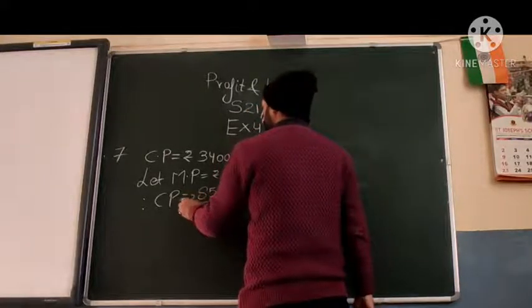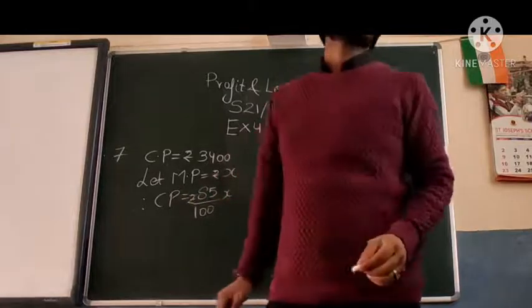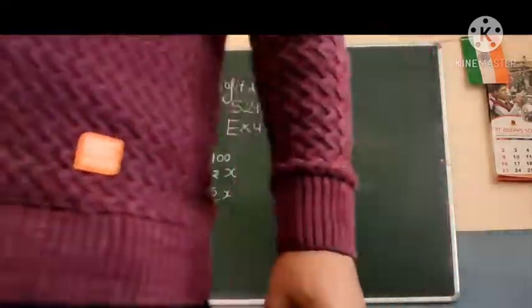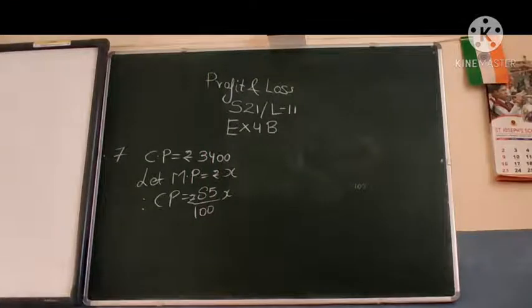Got it? So see, from the first line of the question itself, we have got another concept. And that is what? That if CP is given in the question, and that CP itself is 15% lower than the marked price, that means compared to the marked price, CP is 15% less. 15% less can be written in some other form also. How can it be written? It can be written as 85% of X. X is what? Marked price.